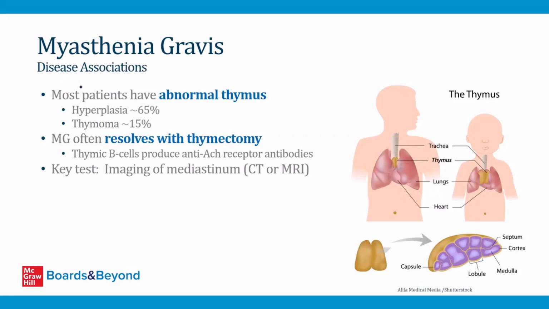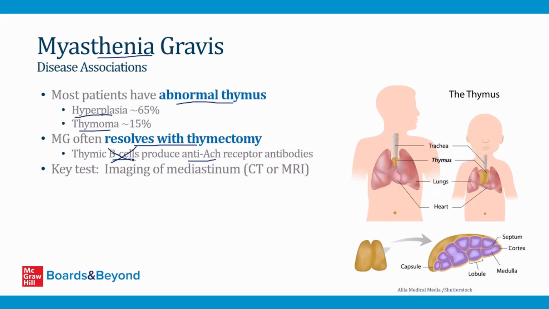Super high yield to know that most patients with myasthenia gravis have an abnormal thymus. About 65% of patients have hyperplasia of the thymus, and 15% actually have a thymoma, a tumor of the thymus. And this is important because myasthenia gravis sometimes resolves with thymectomy, so removing the thymus can be a curative procedure. And that's because within the thymus, you find B cells that produce those anti-acetylcholine receptor antibodies that are causing myasthenia gravis. And so if you take out the thymus gland, you remove these B cells, and you can sometimes resolve